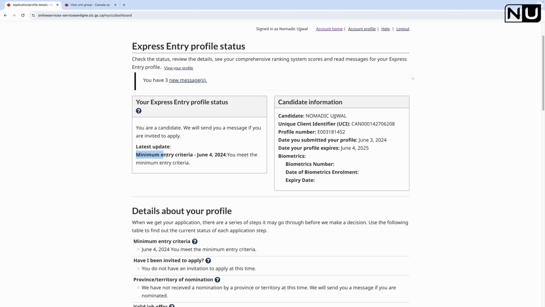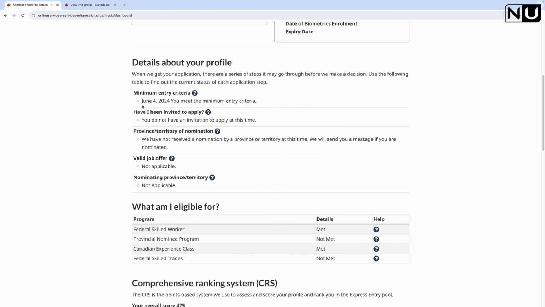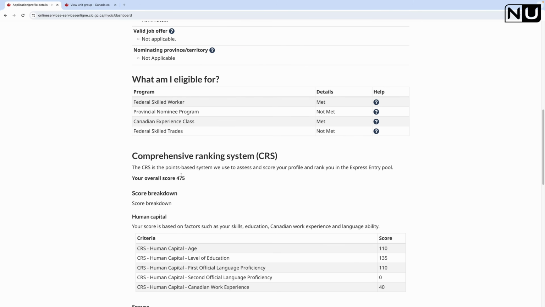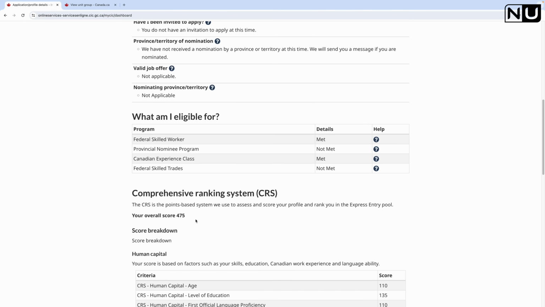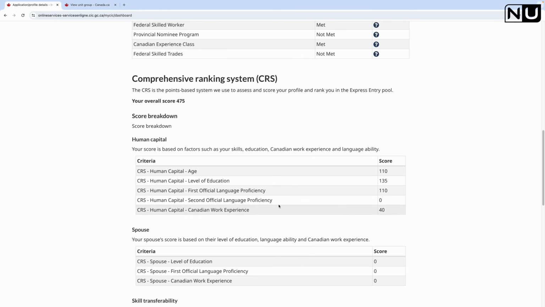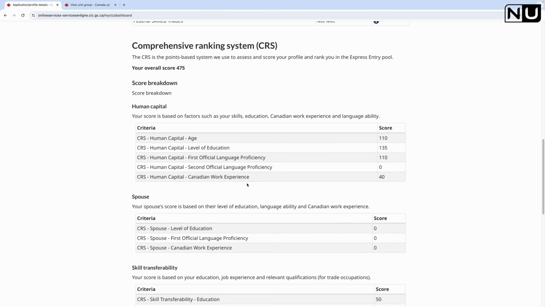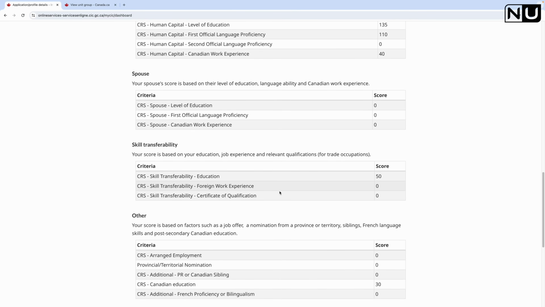You can see minimum entry criteria June 4, you made the minimum entry criteria. Here is the UCI number, my name, profile number, everything is here. The minimum criteria I met was for federal skilled worker and Canadian experience class. So these 2 are met, and you can see this CRS score, which is 475. And this is the breakdown of the score, like age, level of education, your language, second language, Canadian work experience,